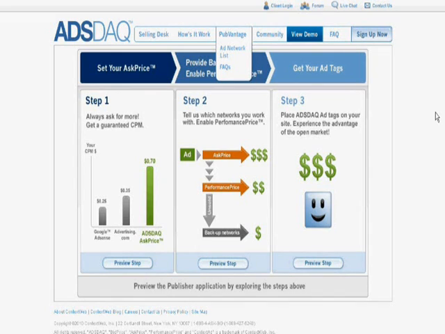So I hope you enjoyed this step of monetizing your blog. We have covered the different ad networks, and I've given you a little run-through of how to place your ads, where to place them, colors, and playing with them.